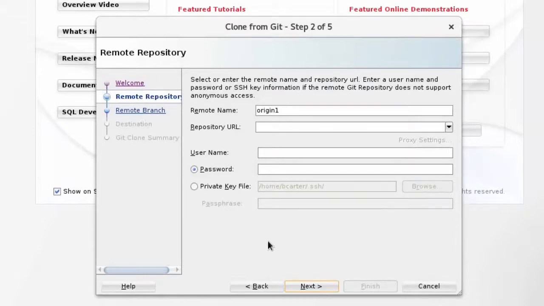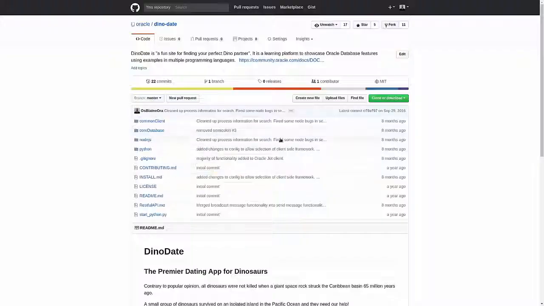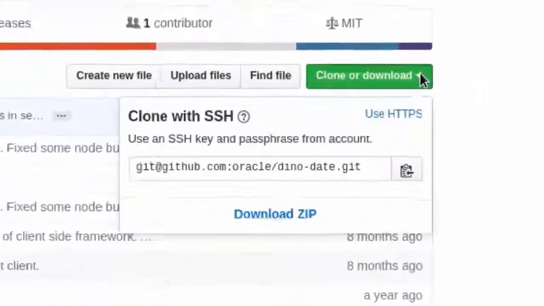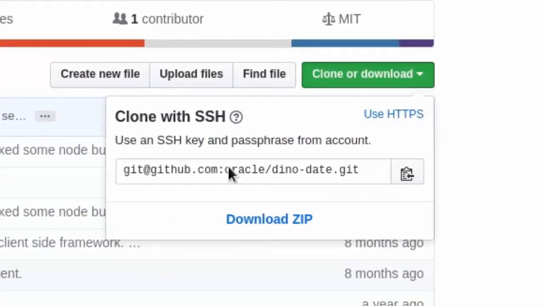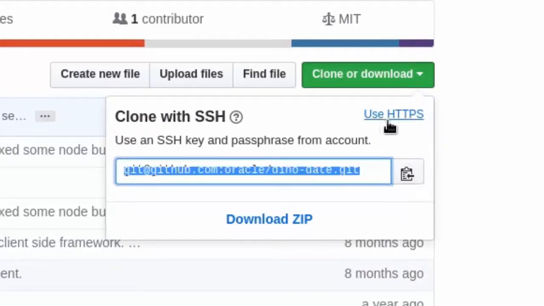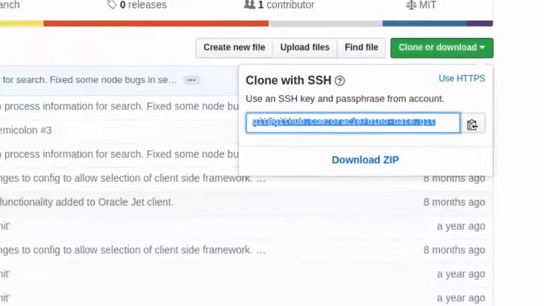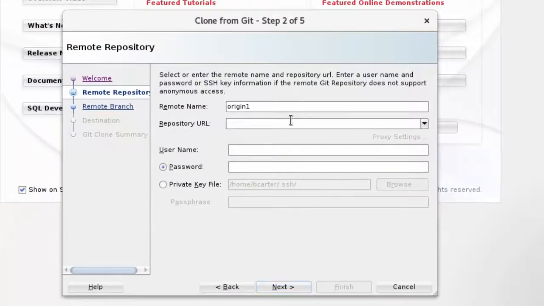Here is the Git information. I'm just going to leave the remote name origin1. I will need a repository URL, so I will switch over to my Dynodate repository and grab the URL from here. I like to use SSH. I'll copy that URL. If you'd rather use HTTPS, you can use that, but we will just take that URL,